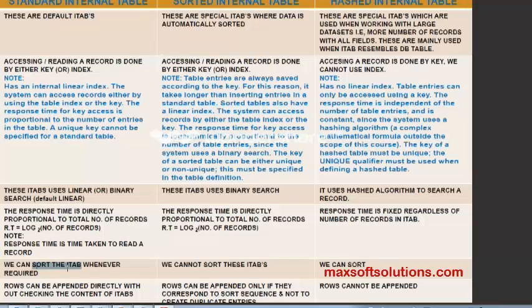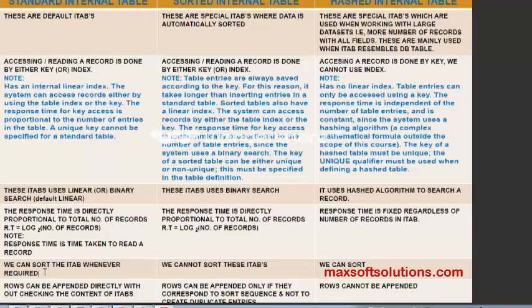So we can sort the internal tables whenever required. These standard tables we can sort at any time, because in SAP also we always use standard only. I never use sorted or hashed. So that's what I wanted to know in HR ABAP: do we need these tables or not? No. In HR ABAP we use only the standard internal table. Okay.